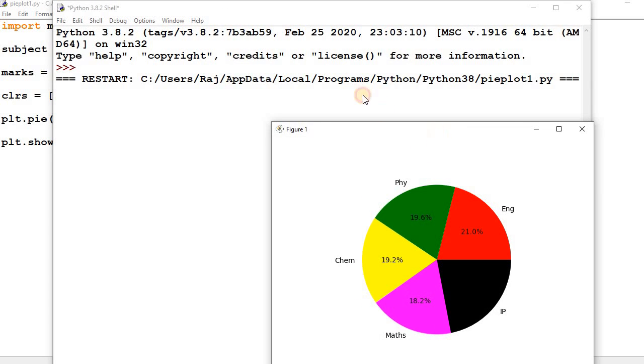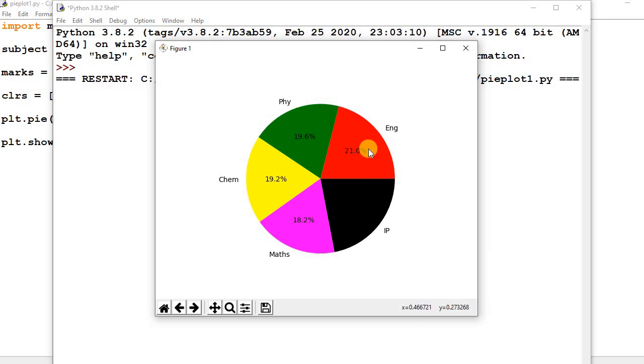You can check here now the value is displaying in percentage format. So 21 of area is covered by English, 90.6 is taken by physics marks, 19.2 and 18.2. Because the slice is black and the color of the text is also black, that is not showing here.